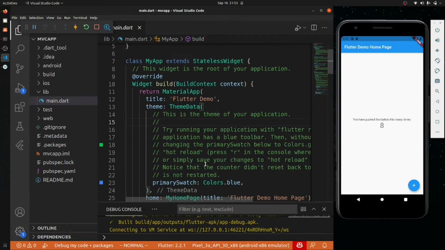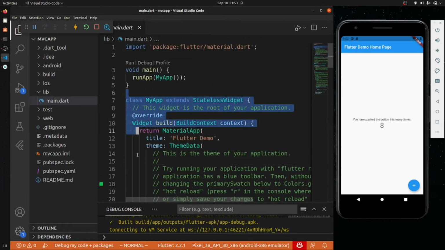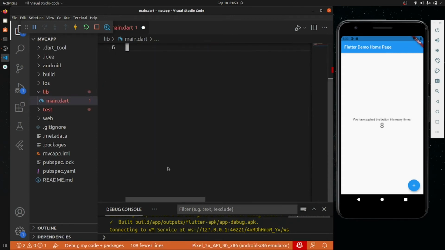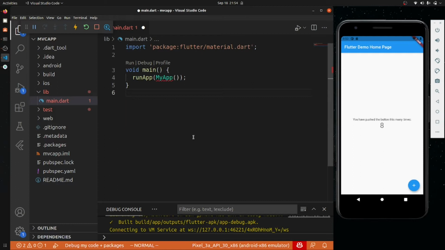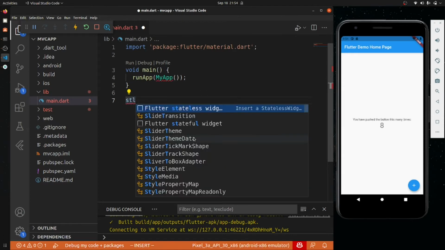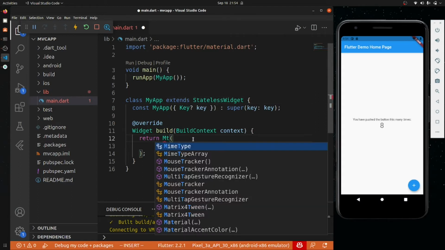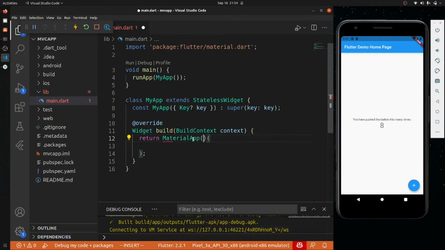So firstly let me just remove all the stuff that we have, because we will be creating everything from scratch. Okay, so now what we need to do, firstly we will have to create a stateless widget, as we all know. So stateless widget will be having this MyApp, and this container will now be converted to a MaterialApp.